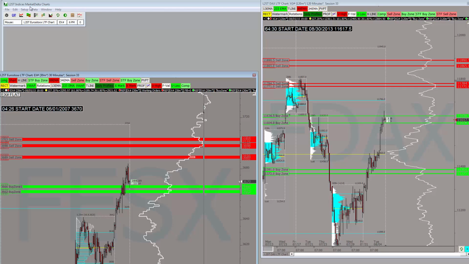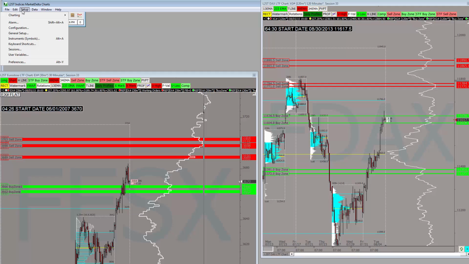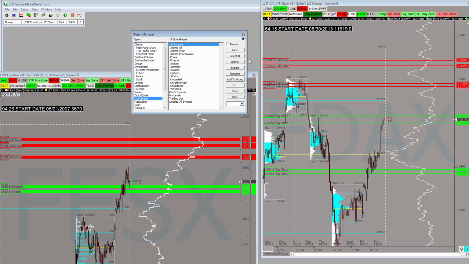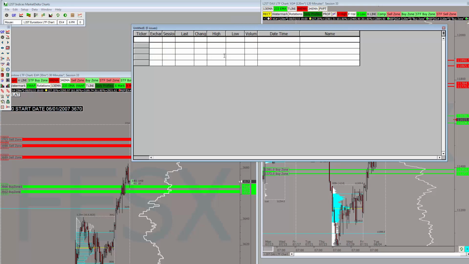Now then you actually have to go ahead and also set up a new quote page. Now I've already got one set up, but you can just go to hit the quote page option here and you can create a new quote page. So if you go to quote page there, just hit new, you can actually create a fresh new one. So what you want to do is add the ticker symbol in, the code for each product that you want